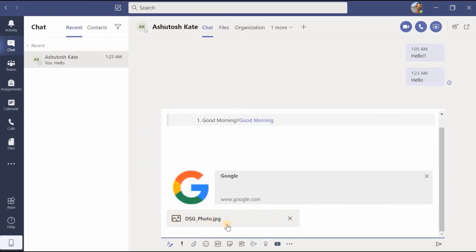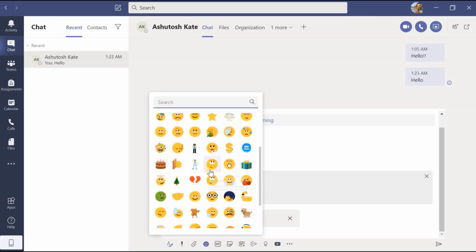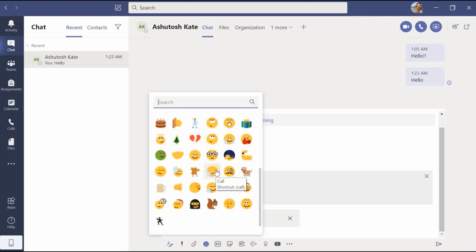That file will be shown here, and that number of files you can upload. After uploading your file, you have to just click on this send button and that file will be sent to him. Then after that, if you want to add some emojis in order to have a healthy conversation, you can